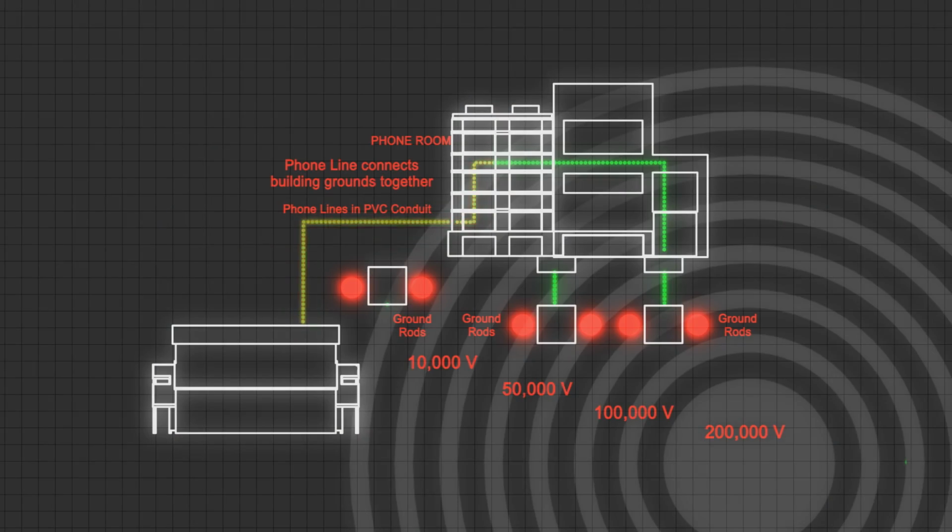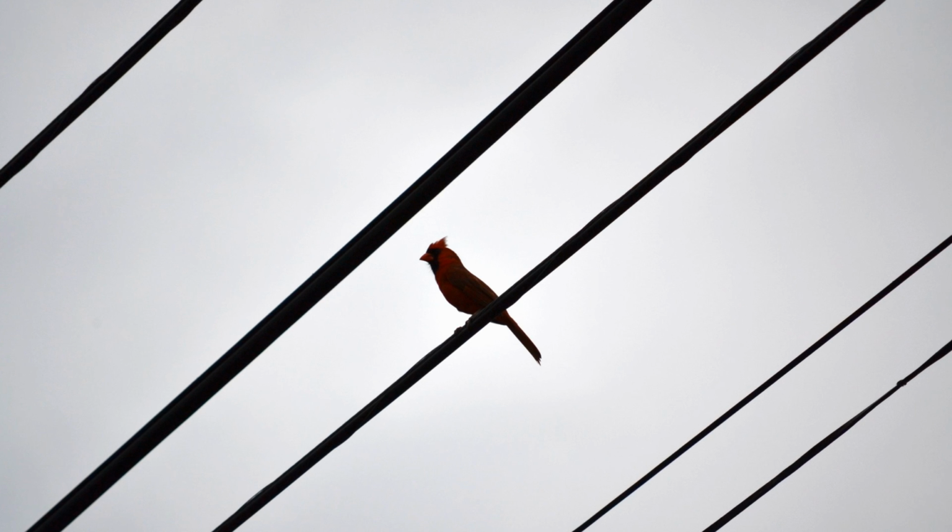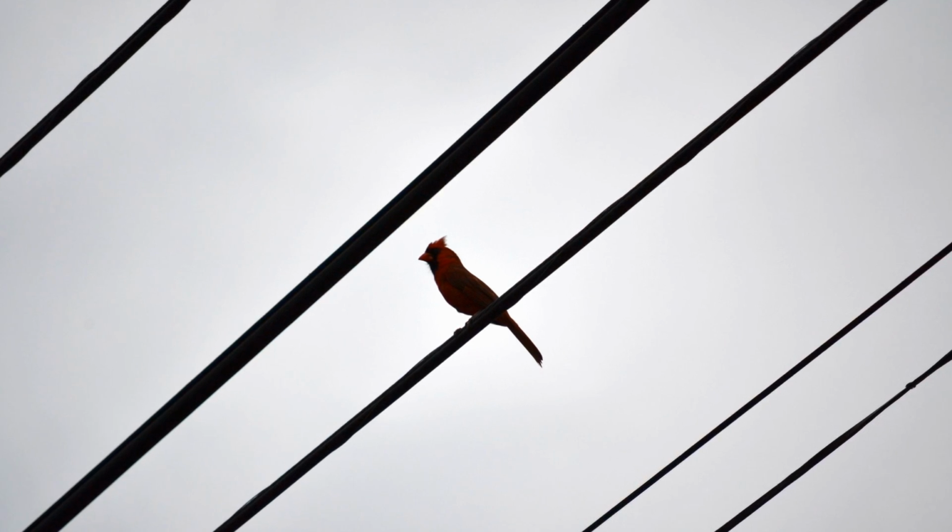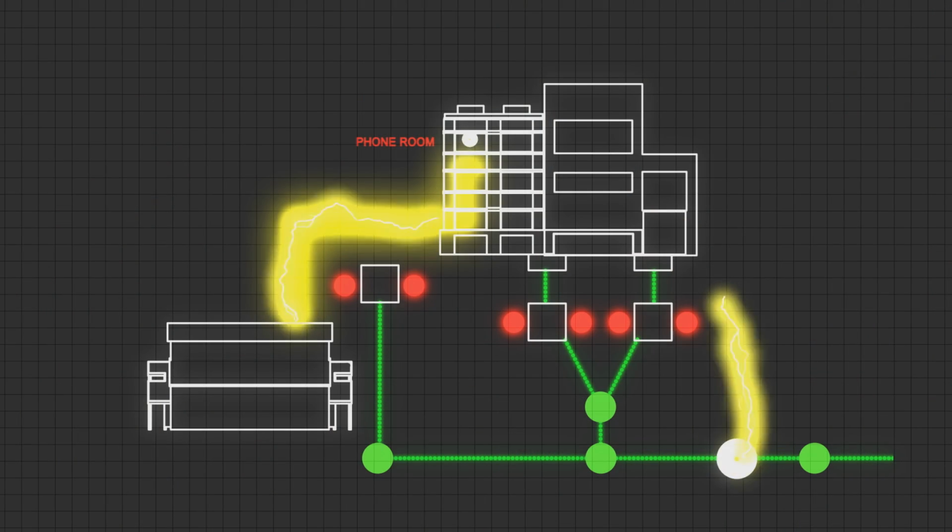So the problem is it would have been okay if our buildings were connected to the same ground system, but the only thing that connected those things together was the phone equipment. Ideally, think about a bird on a wire. If a bird lands on one wire, it assumes the voltage of that wire. In the same way, if each of the buildings rose to the potential of the ground system, each would have been okay. But by tying the telephone grounds and the power grounds together in one piece of equipment, the phone equipment,